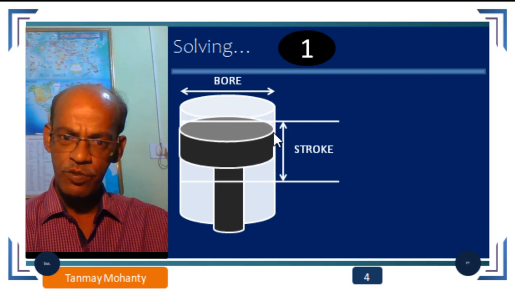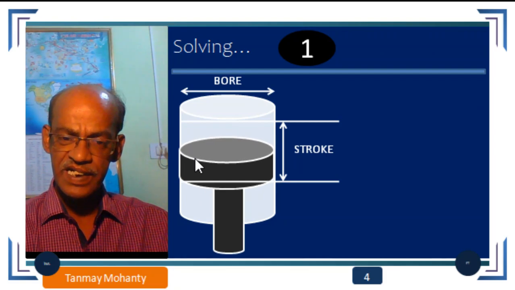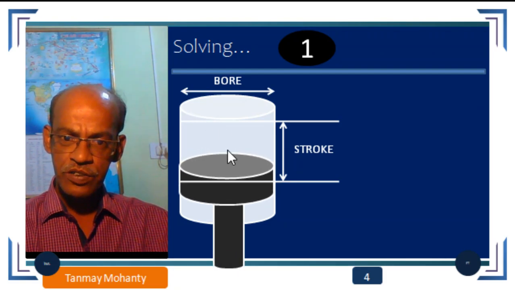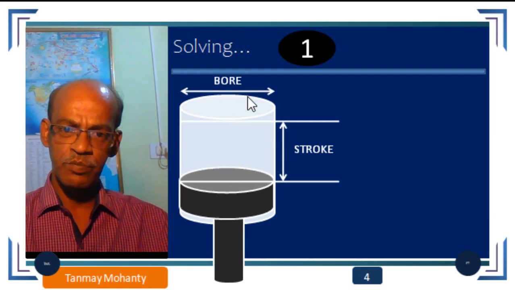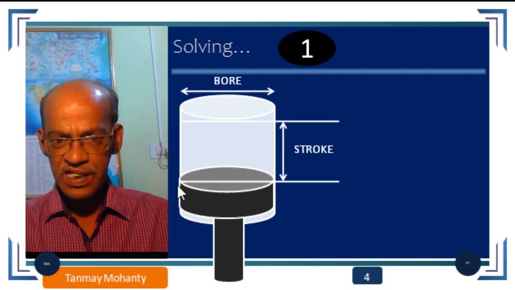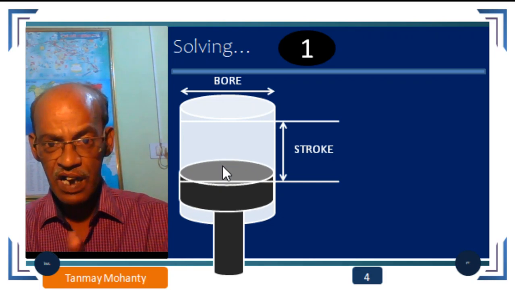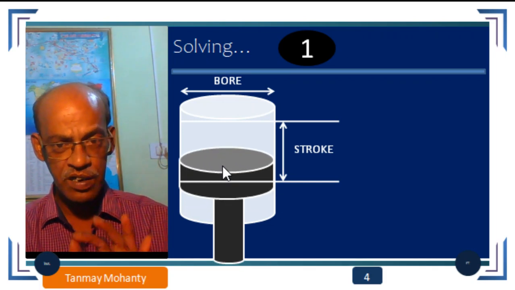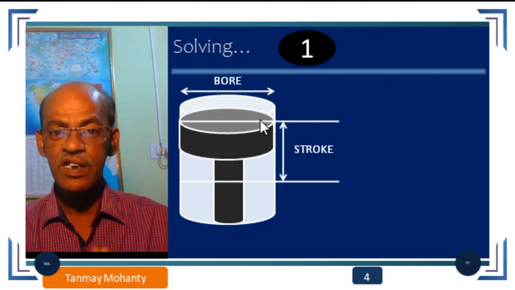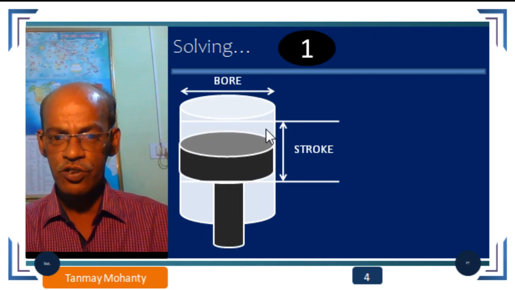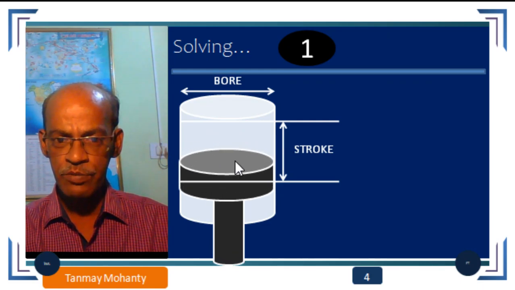If a gap will be there, what will happen? Gas will be getting leaked. Therefore, this piston diameter is approximately taken as bore diameter. In machine design, we shall learn that there is a slightest difference, and how that difference is being made up, that we shall learn later. But for the time being, this bore diameter and piston diameter are the same. Okay. This is a circular disc, you can see it is a bore diameter.